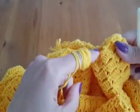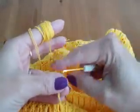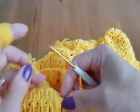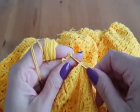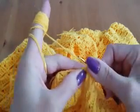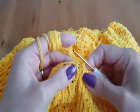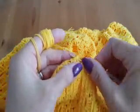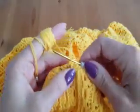So take the yarn, make a slip knot, and you can begin wherever you want. And with chain 1 into the same stitch we make 1 single crochet, into the next space 1 single crochet, into the next space 1 single crochet. In total we make 1, 2 and 3. Chain 3, 1, 2 and 3, and here, one moment,